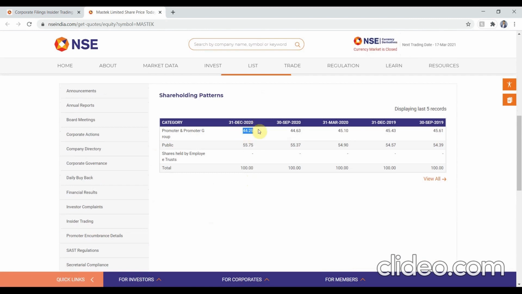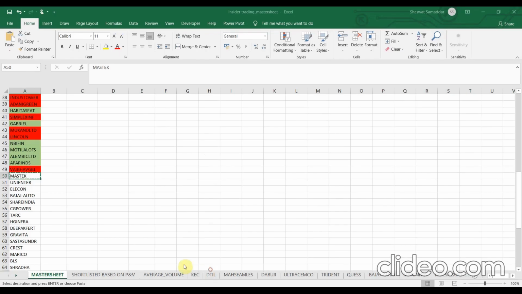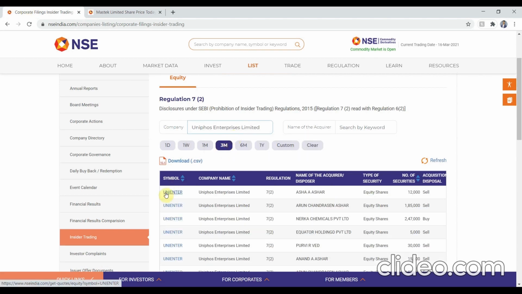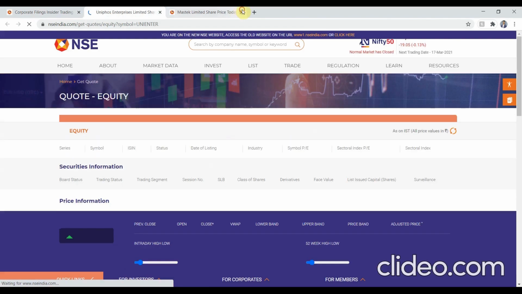Okay, shareholding pattern is low, so we have to mark it as red again. Next on my list is UniEnter. Let's see the full form. Unifos Enterprise Limited. Okay, click on the symbol.